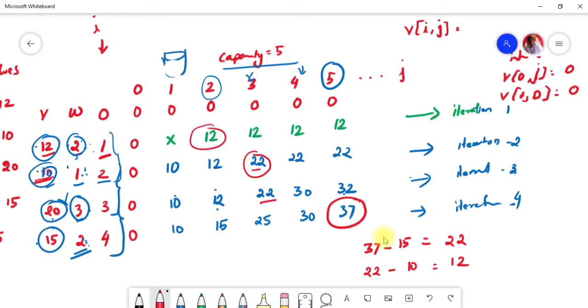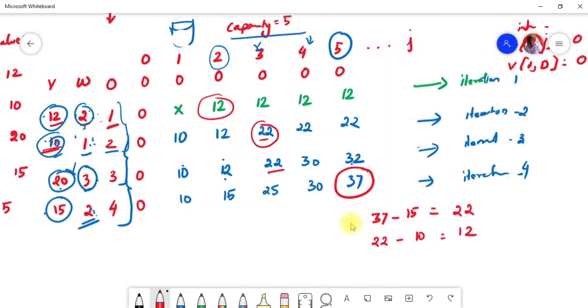So now we have got the values, right? Those circled, selected values are the respective items. Let me change the color. So 12 is item number 1, 22 is item number 2, and in this row, this is item number 4, right?